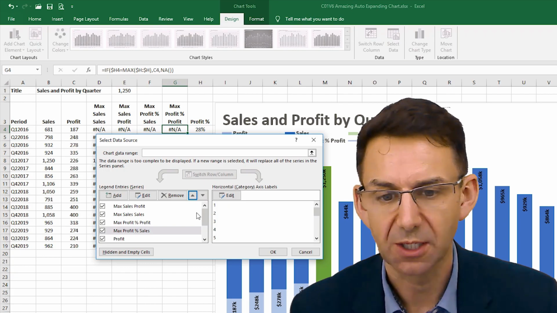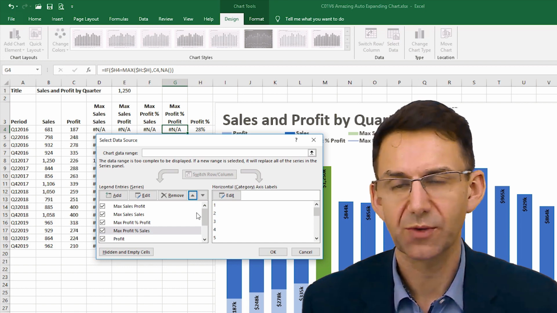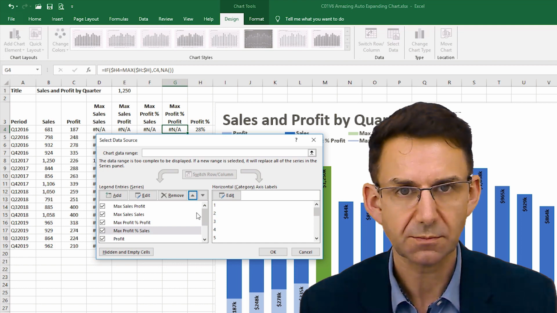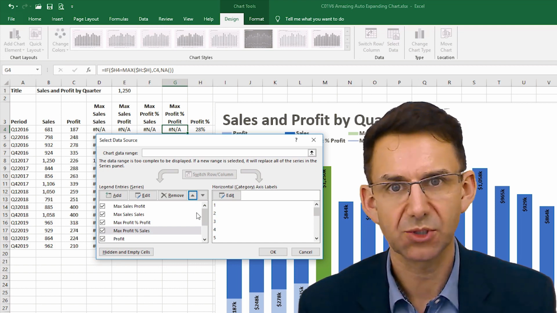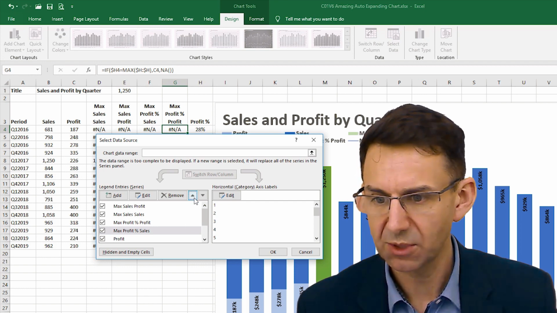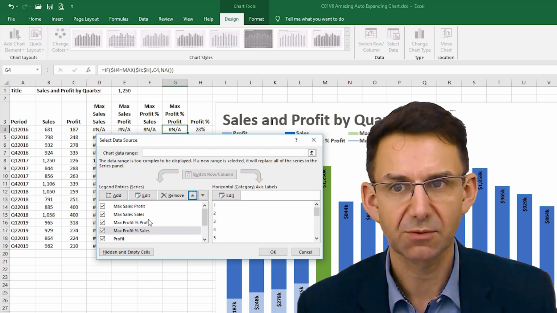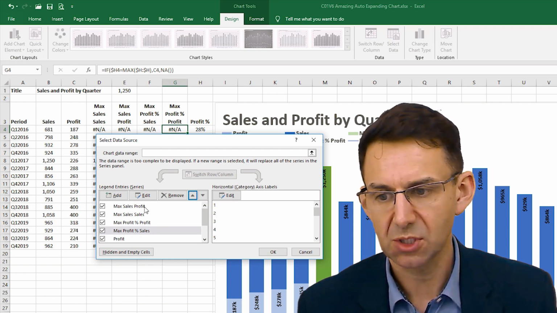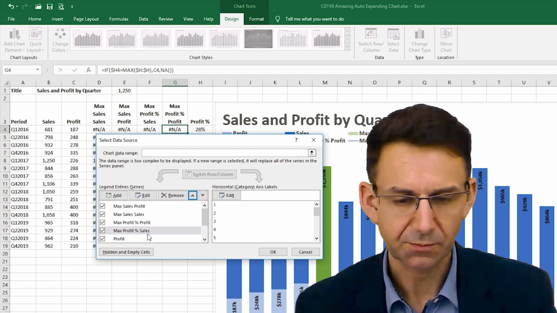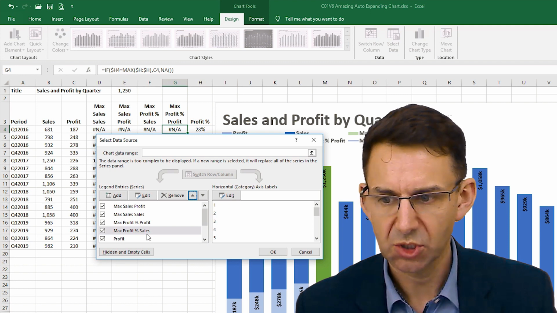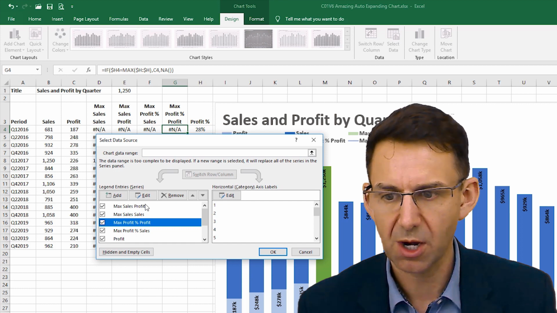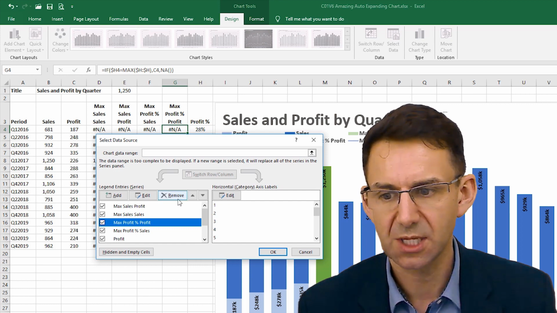One thing we do need to decide is if the max profit and the max sales happen to be in exactly the same quarter, what do we want to highlight the most? So I'm going to stick with highlighting the max sales, but if we were to promote these two profit figures above, that would do that. Or we could do a bit of a mixture. So for example, we could show the max profit as a priority above the max profit sales, for example,